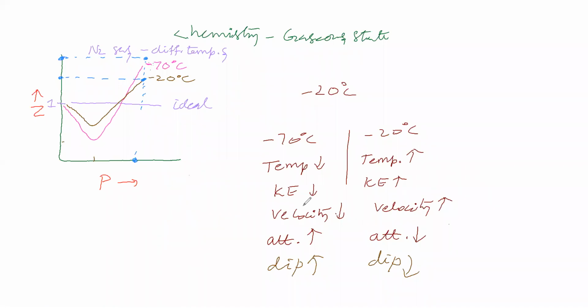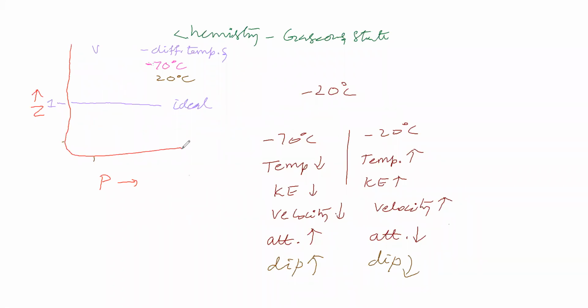Next we will change the temperature. For changing the temperature, how the graph will be, that point we will see. Okay, let us change the temperature now. We will take some other temperature. We drew the graph for two things. One is minus 70 degrees Celsius. Another one we drew at minus 20 degrees Celsius. We got a graph like this.